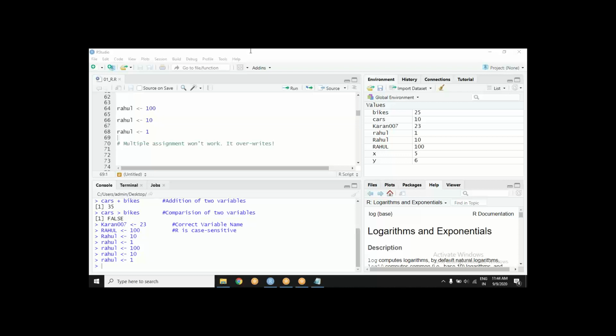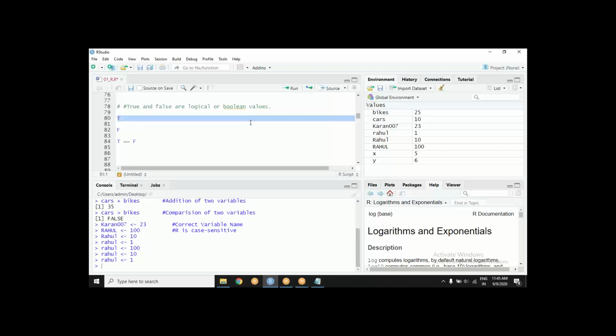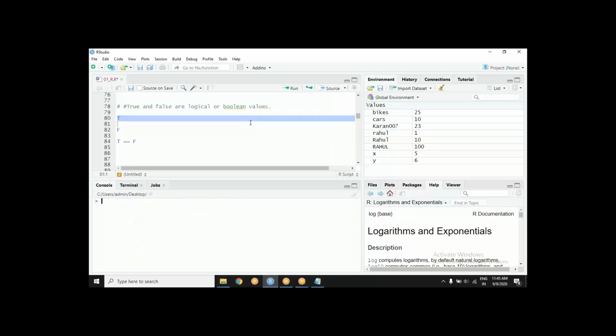You can write them all in capital letters, or you can denote for R true and false as capital T and capital F. If I just write capital T, R gets it. For R, it means true. I can write it in full also, but just for shorthand, since it is available, I write T and F. So T means true, F means false.